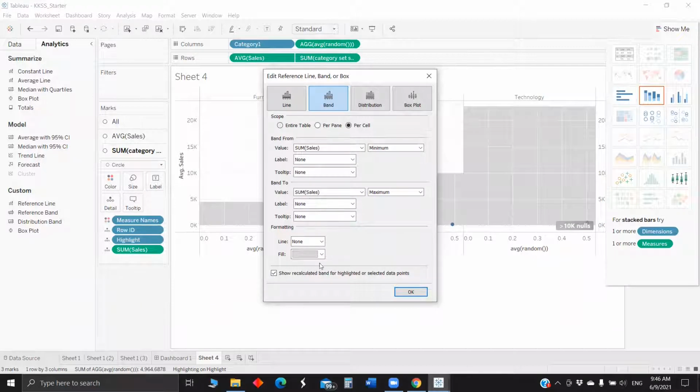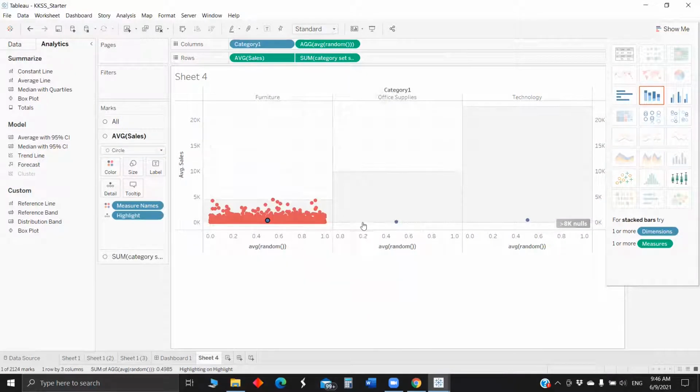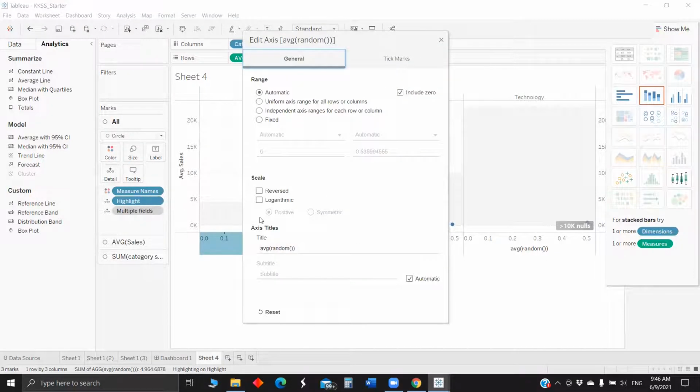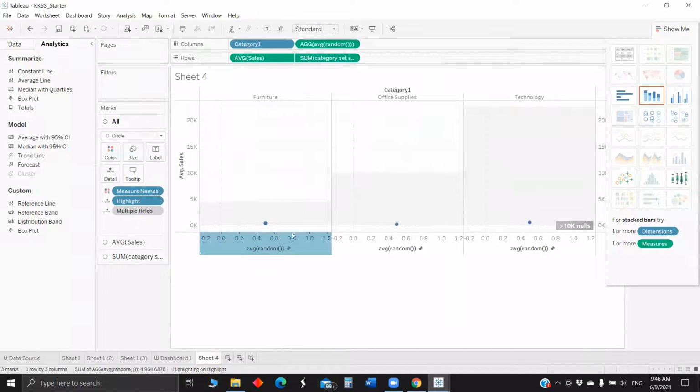Also the color in the backside is too thick, so I don't want to recolor the line. Once we select, we are able to see the distribution. Also, once you unselect, the average is moving towards the right. To fix that, we'll edit the axis. To get the average in the middle, we'll fix the start at -2.25 and the fixed end we will make 1.25. Okay, we'll close it. Now you can see the line or dot pointing to the average is in the middle.